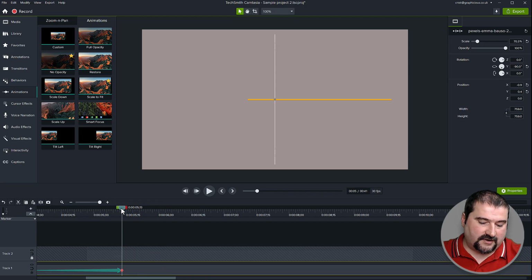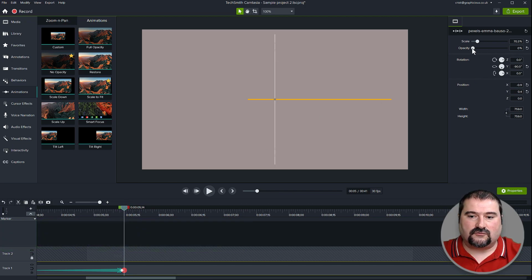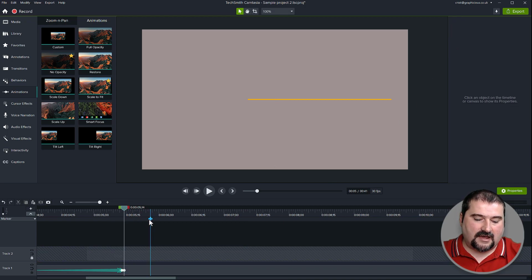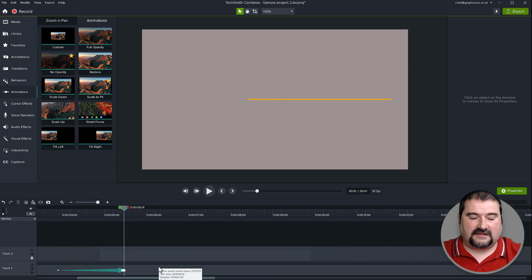You just go 1 frame using the period key, and then you add another animation here, just a 1 frame, and you can turn the opacity to 0 for the object in that position. So there you have it. Now it disappears completely as soon as it reaches that point. Just something if you want it to disappear. I'm going to leave it like that, I suppose.